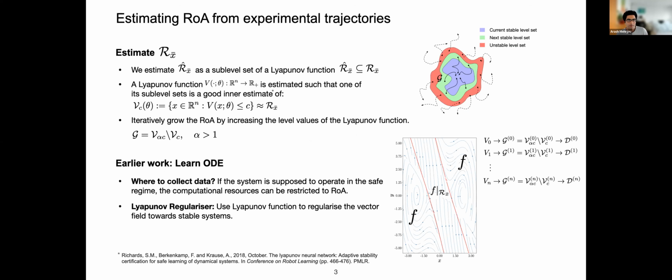Now the question is, how can we actually estimate the region of attraction? As stated, the region of attraction cannot be computed exactly for general nonlinear systems, but we are interested in estimating it anyway. There are methods, especially the method